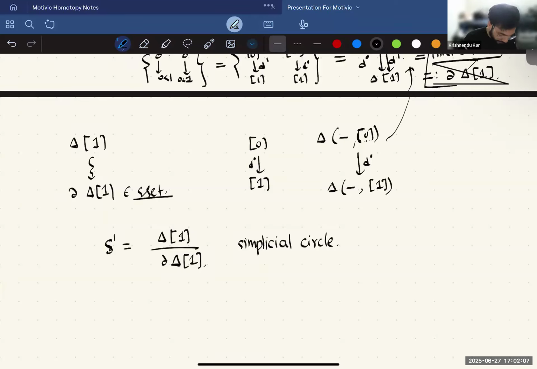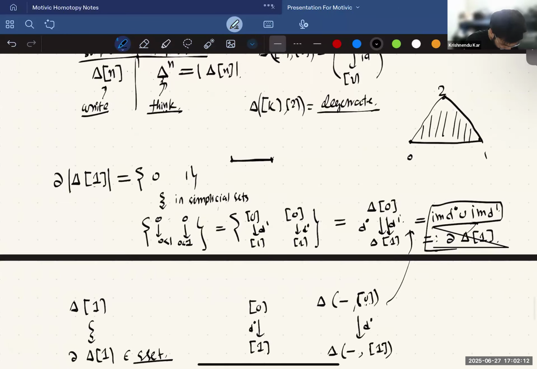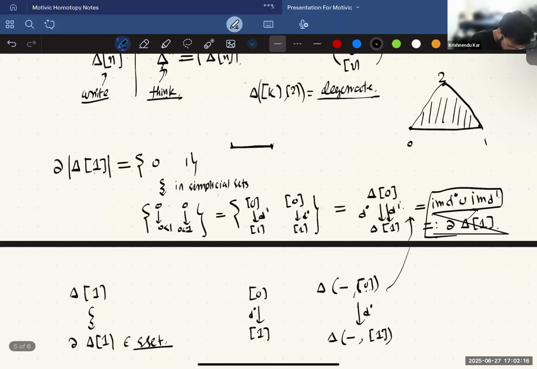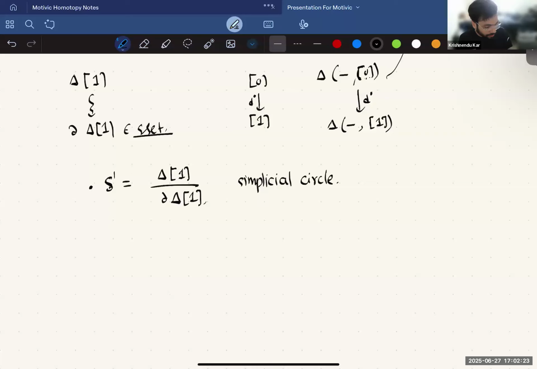So you got our second ingredient. Actually, no, not second ingredient. We have no second ingredient. So this is your interval. We have translated our interval in terms of simplicial sets. We have translated our circle in terms of simplicial sets. We are now in a very good position to talk about homotopy. But before that, I do want to talk about homotopy right now, but before that, we should talk about some more